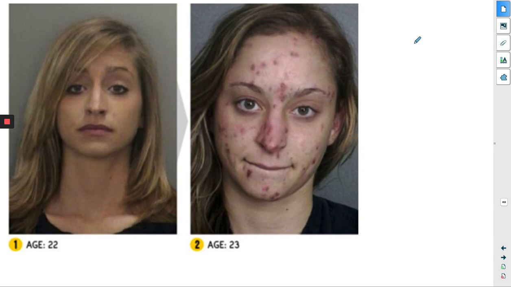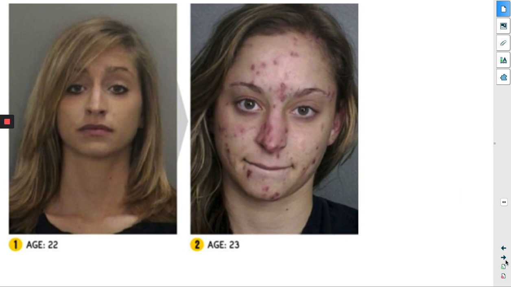And what we find in these pictures is that I'm not trying to shock you into anything. This is not a PSHE lesson where I'm saying don't do drugs. This is about you getting to see that when we have a picture like this of the same person a year apart, we see in the second picture she looks quite different and not necessarily as healthy and as well as she was in the first picture.